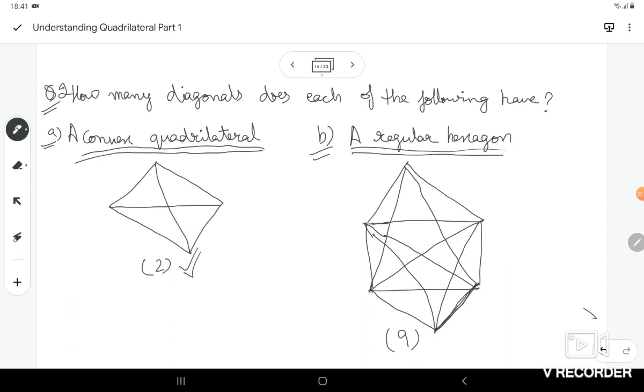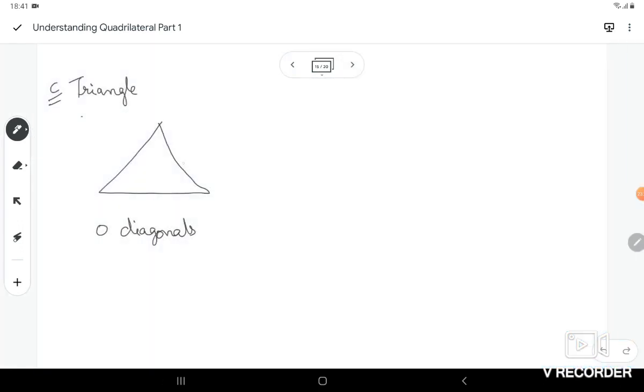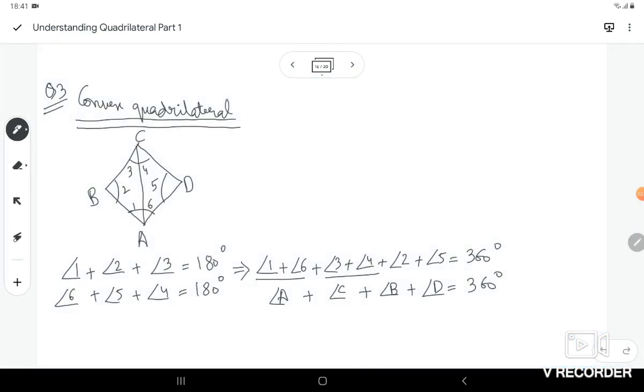Similarly, a regular hexagon is a hexagon having all the angles as well as all the sides being equal. So on drawing it and counting, you will find that the number of diagonals comes out to be equal to 9. Now moving further, next is the case of a triangle. So a triangle does not have a diagonal, or it has 0 diagonals. Now moving further to the next question. Now the next question says,